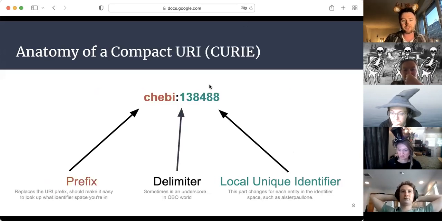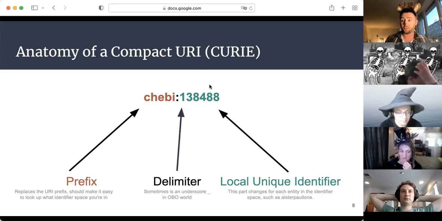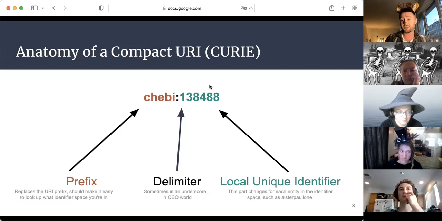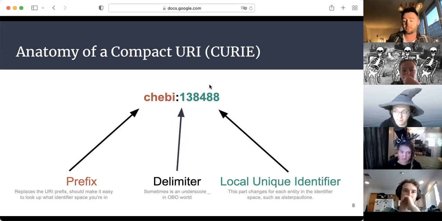Now, the twin of the URI is the compact URI, which has a couple of different bits. First, we've taken this URI prefix and replaced it with a prefix. And this prefix has a little bit of meaning about what semantic space it comes from. So we know that this URI from before goes with the Kibi entity, so we're going to use Kibi as the prefix. And rather than just string concatenating them together, there's going to be a delimiter, which is the colon character. And this is a W3C standard, so we don't have to justify doing it this way. The delimiter is always the colon, and there's a restricted character set of what you should be using in prefixes. But in practice, we've had a little bit of issues with that, so maybe we'll come back to it later.